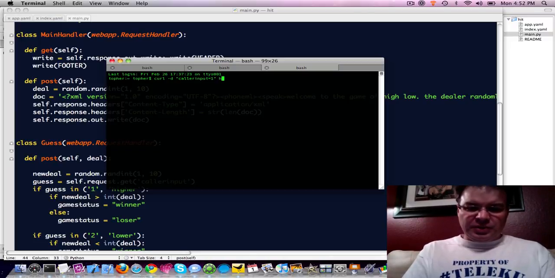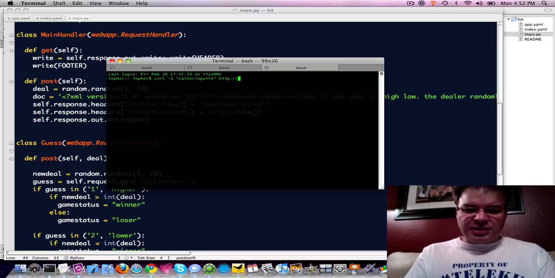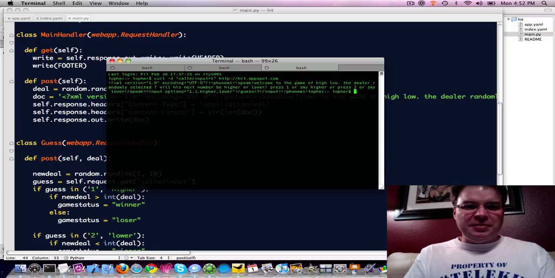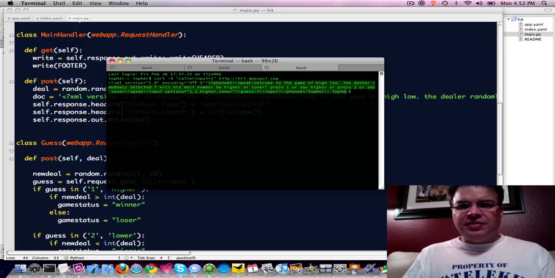And we'll call http://hit.appspot.com. Thought that was lucky we were able to get a 3-letter app name on AppEngine, but anyway. So we're going to call it, and it's going to pass back quickly all the XML that's going to drive the app. So in this particular instance, the dealer selected 7, and